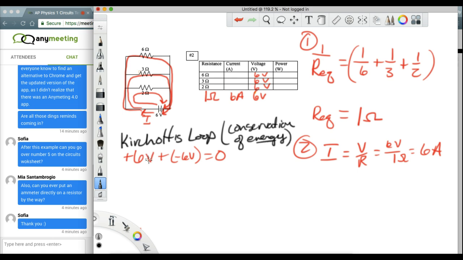Remember, voltage, measured in volts, is really just joules per coulomb. It's the amount of energy that each one of the charges has. So if you think about the charge getting energy as it goes through the battery, and then it's going to dissipate that energy as it goes through the resistor. We're going to lose energy. We don't lose charge. All the electrons do make it back to the battery, but